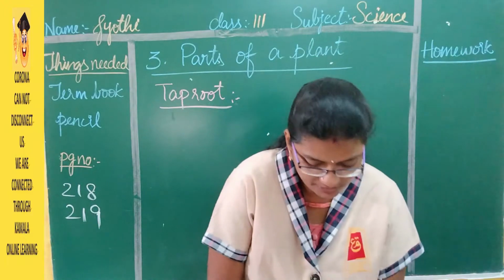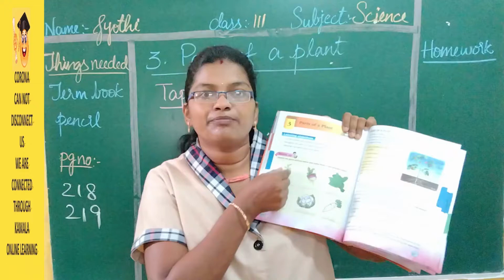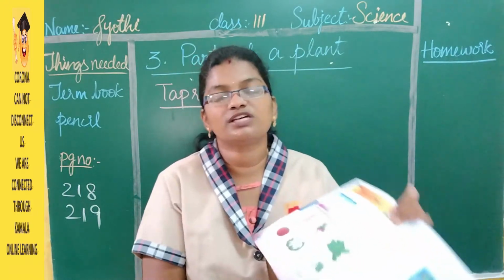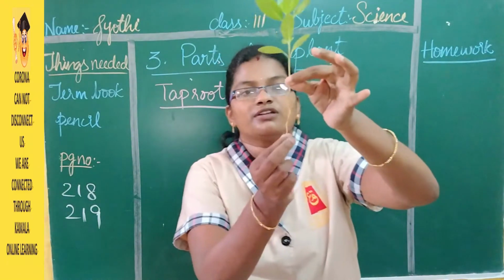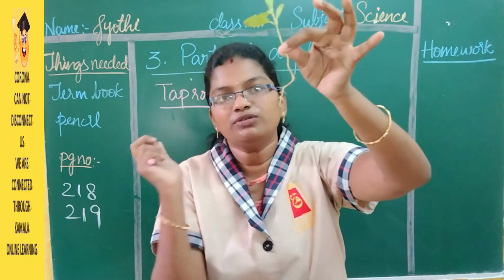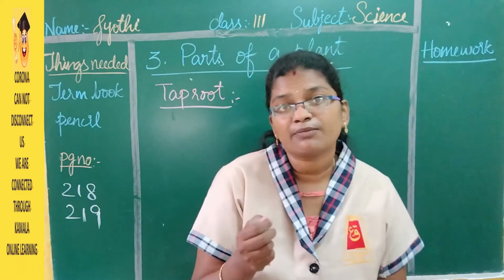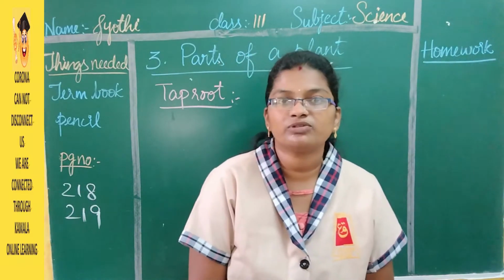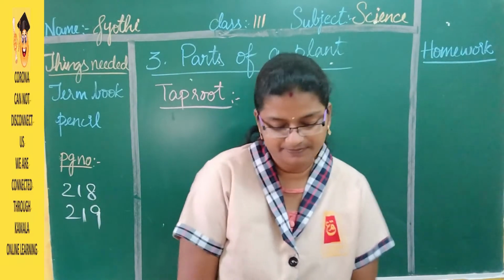If you see a carrot here in page 216, for this carrot also the main root will be here, and from this again small lateral roots are going to come. And in the previous class also I showed you. Here this is the main root, and from this small side roots are going to come. So this is the taproot system. And the other examples are mango, brinjal, lady's finger. All these are examples of the taproot system. Then fibrous root.